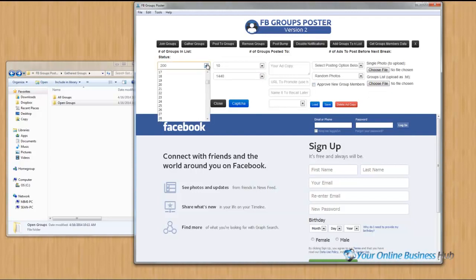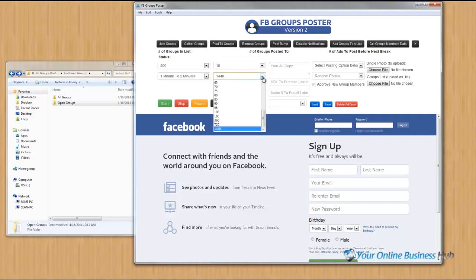So let's say you had a list of groups that you uploaded, and let's say you had 1,000 groups, but you say, well, I want to post to these 1,000 groups, but I want to do it 200 groups every day. I just want to have the software post 200 based off of these settings. So whatever you have in this list, okay, you have 1,000 groups in this list, it's going to basically go through this criteria